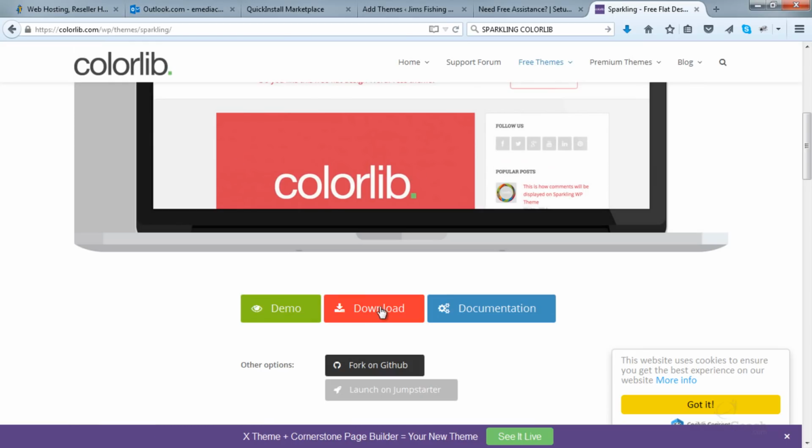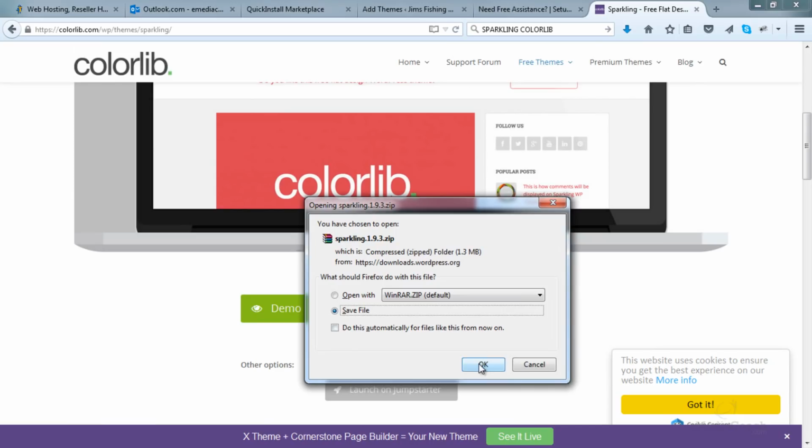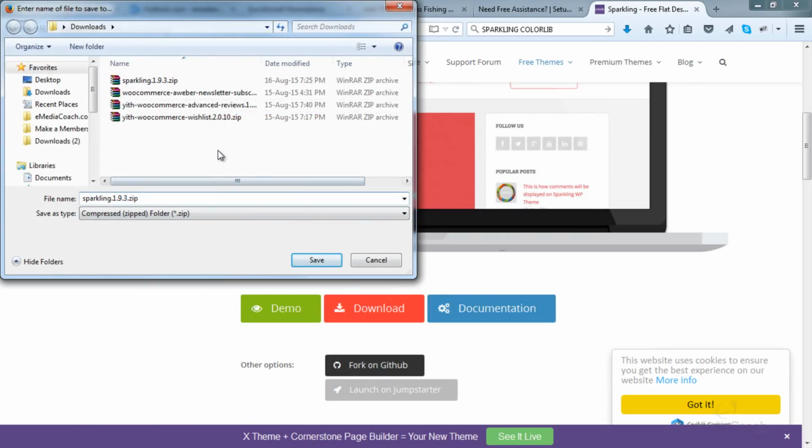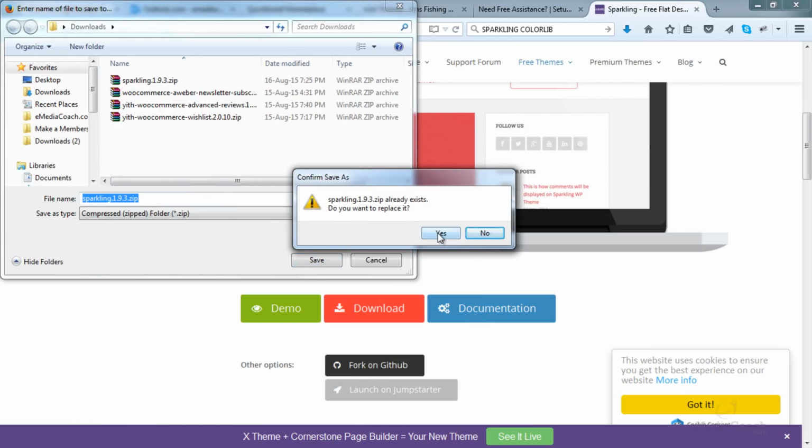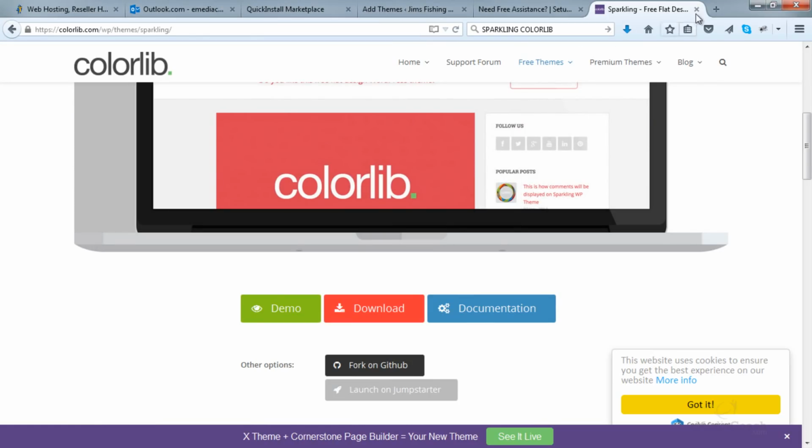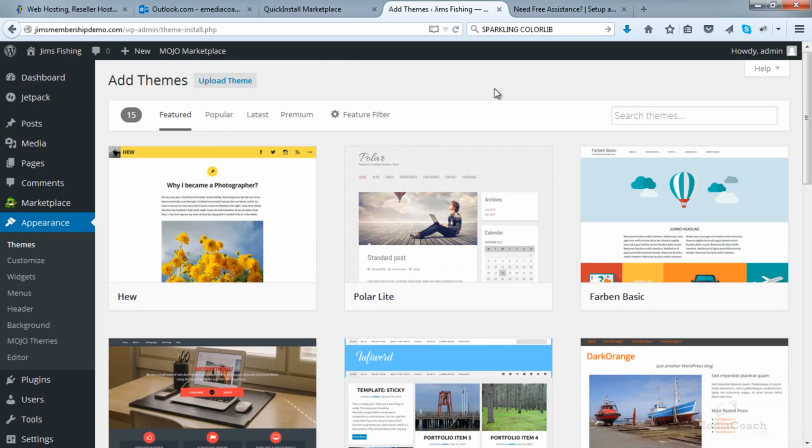So go to this URL, click on the link I put in the description below, and click on the download button here. Now ensure that you save this somewhere on your computer that you can easily access. And now I can close that screen.